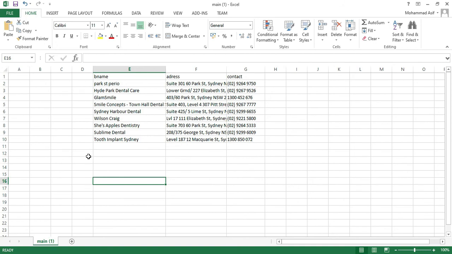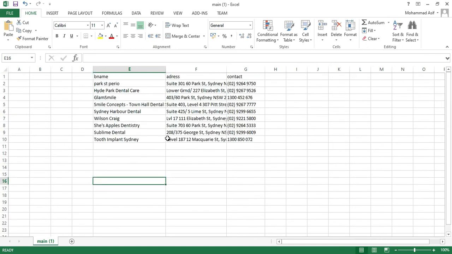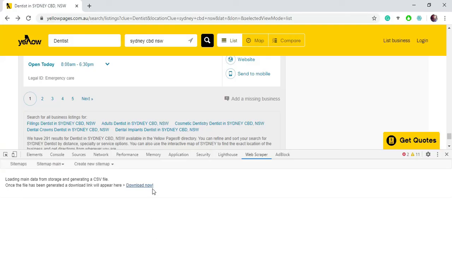If you let that process complete, then you will get all the details of all 5 pages. Let's say page 1 has 10 URLs and there are 5 pages, you will get 50 listings. As I have stopped the process in the middle, I got only a few. But if you let it run completely, then you will get all the business details. This scraping option will save you a lot of time.